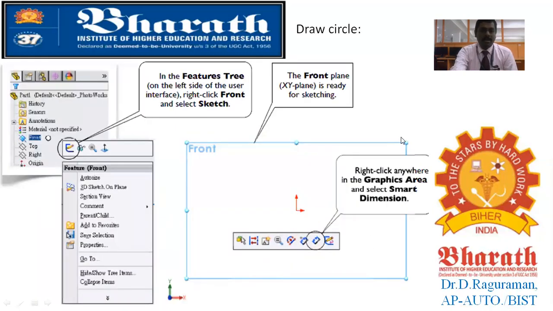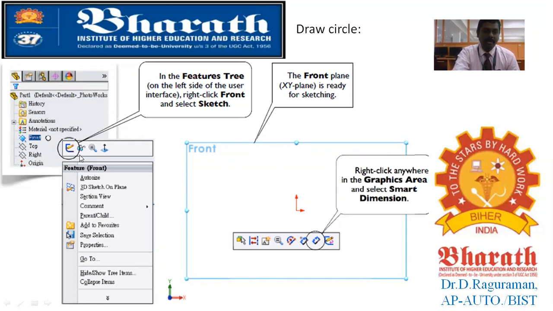Now you are seeing there are 3 circles on the part of an arm. So we are going to create the circles. How to create a circle? To create a circle, you will have a dialog box on the left side. This is the part creation, history, sensor, annotations. This annotation is what you have seen already in the previous modules, the various annotations.